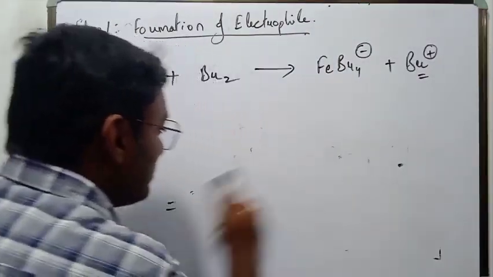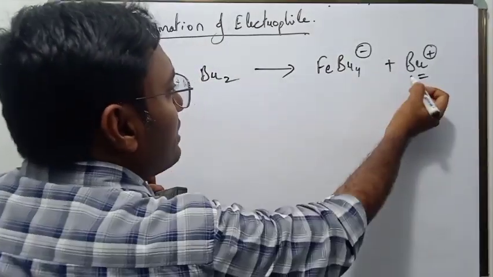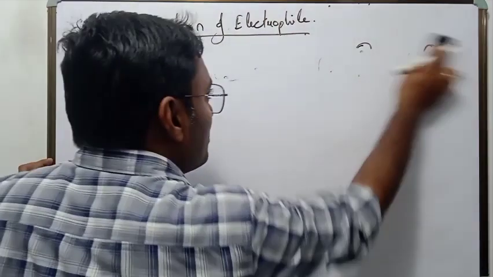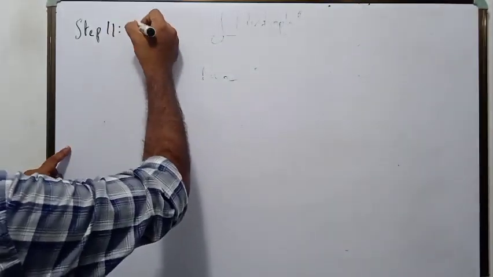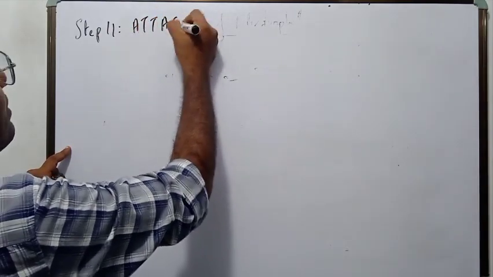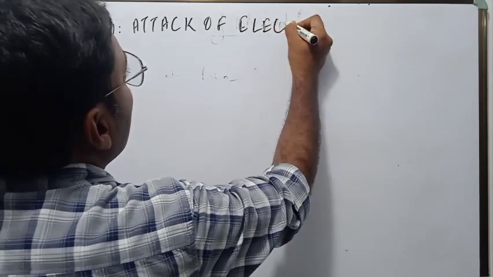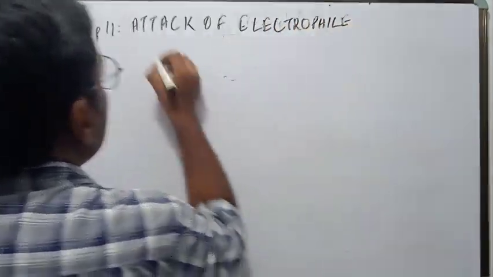So that is coming back to our point. We have now formed the electrophile. The electrophile would not sit idle. In step 2, it will go for the attack. Attack of electrophile. What would happen? Our Br plus would attack